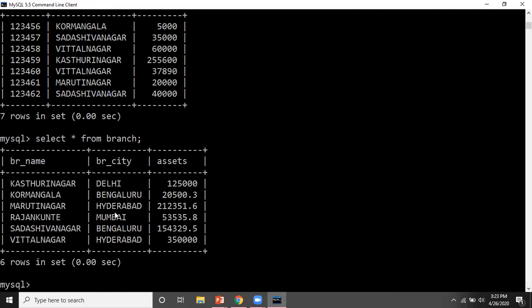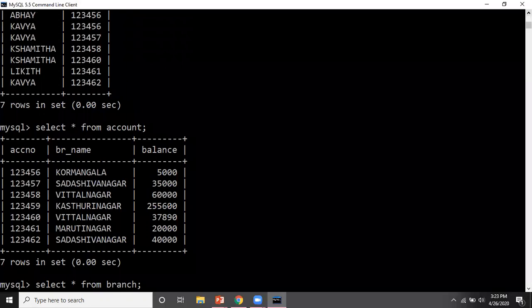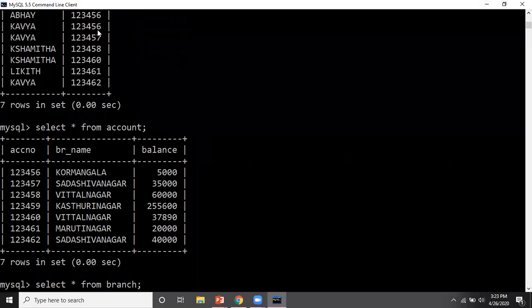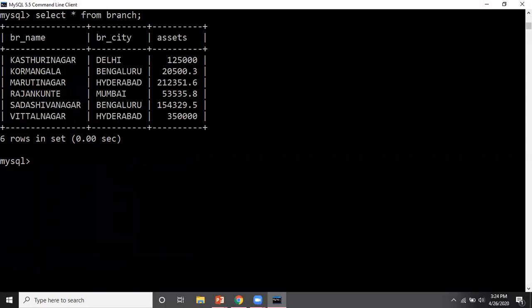Koramangala and Sadashiv Nagar, there are two branches present in Bangalore. So Kavya should have account in both the branches. For Kavya, she is having three accounts: 123456, 123457, and 123462. Here 123456 is in Koramangala branch and Koramangala is in Bangalore.